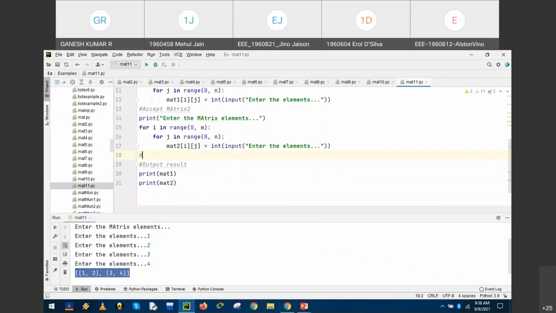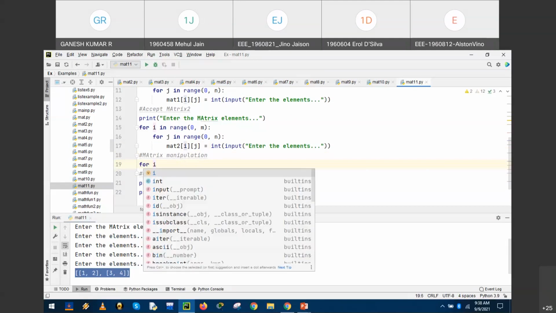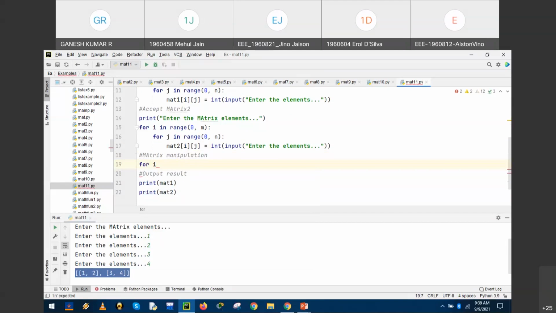That is matrix manipulation. To perform it, we have to check row and column. We need to traverse one after the other, right? For this, we use a set of for loops.